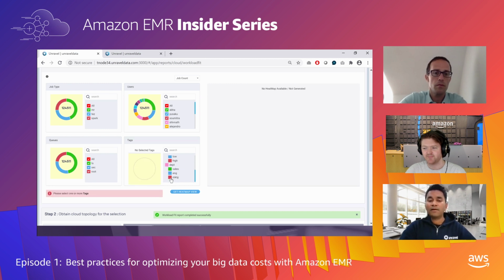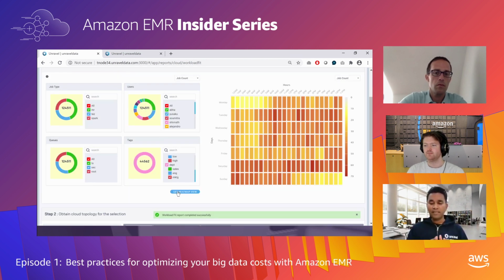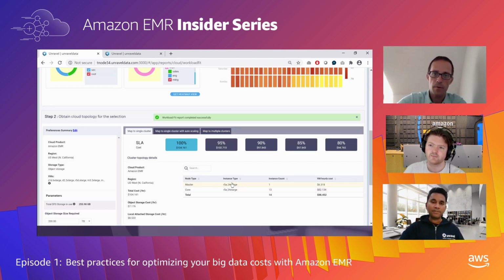Unravel can also help you figure out the kind of fine-grained visibility that you need and get that particular subset analysis. So in this case, I'm looking at the marketing data out here, and I'm seeing how much they're using the cluster on all these given days of the week and time of the day, and then mapping that particular tenant or use case to AWS EMR.